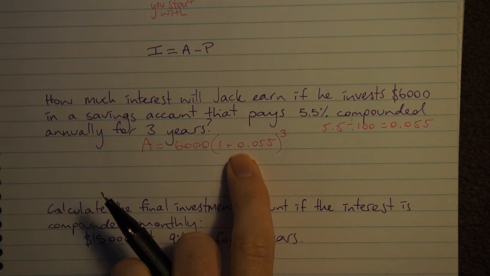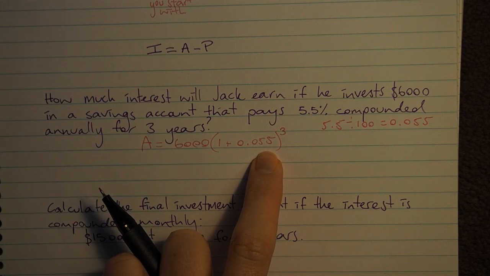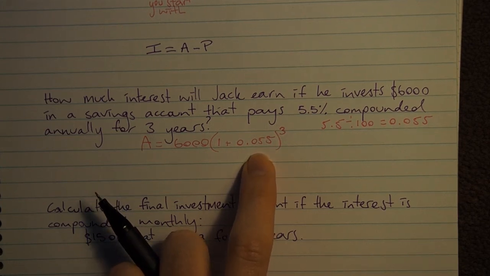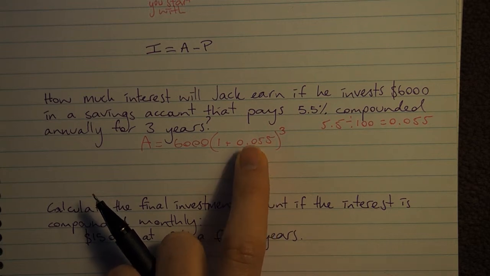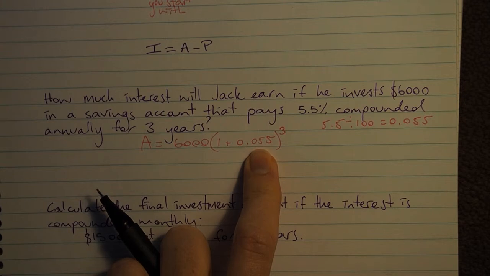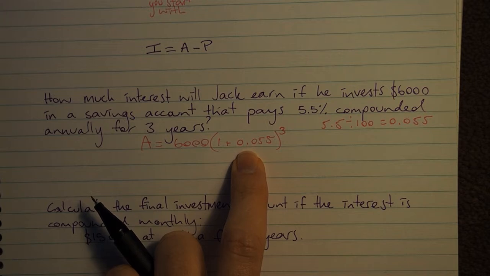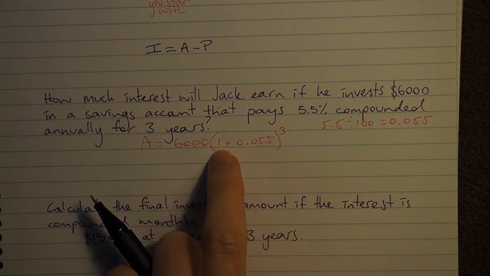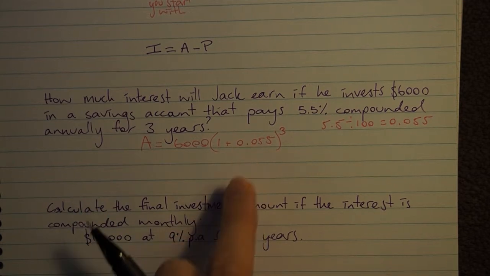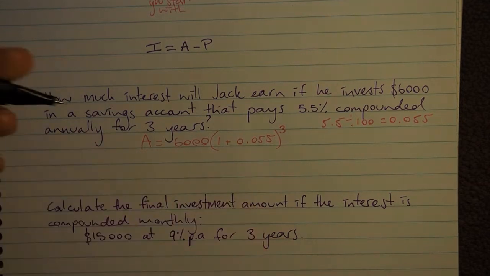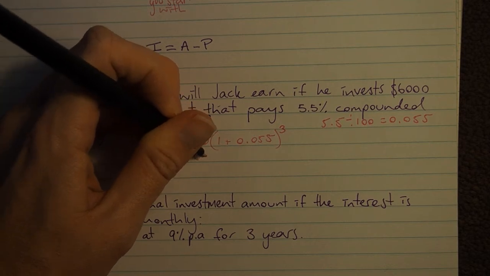Now, I know it may be tempting to say, oh, well, that's just 1.055. And you're exactly right, 100%. But I would discourage you from simplifying that, because when the questions become more complex and we have to amend our rate to match the time periods, it's not going to work quite so well. So I discourage you from simplifying that to be 1.055. Just leave it as a sum. Obviously we just plug that into our calculator and we end up with